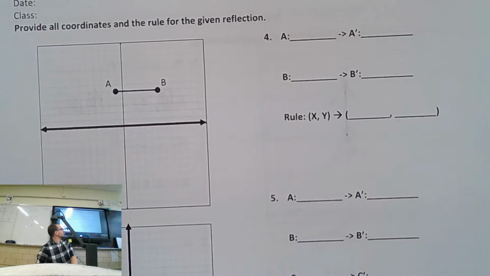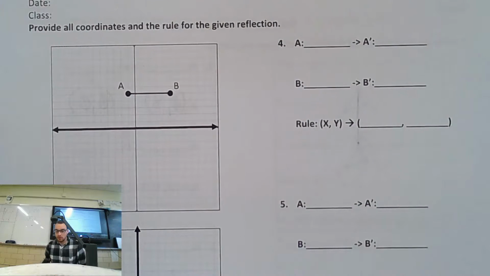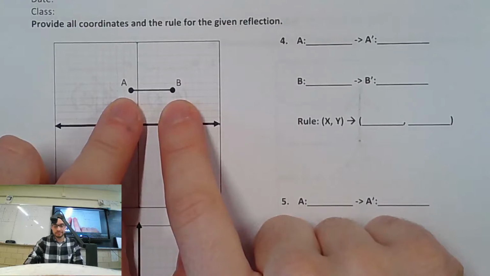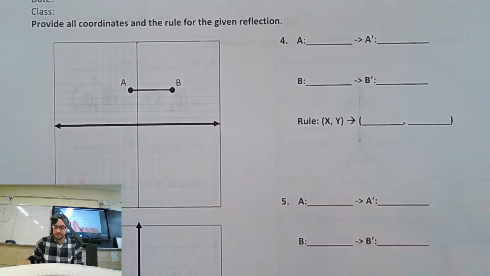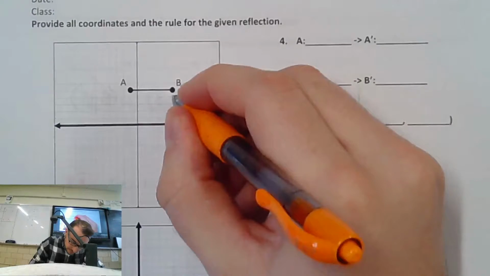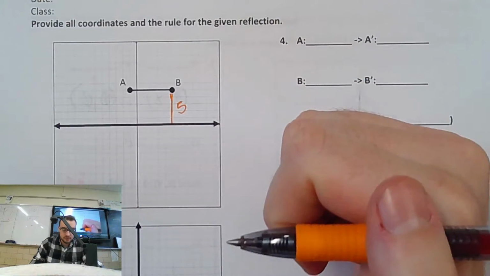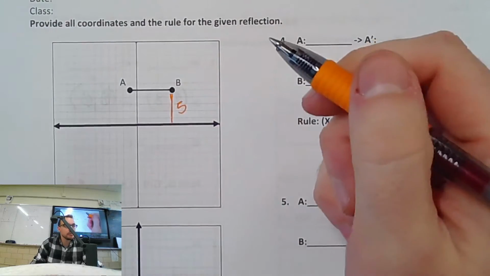Let's take a gander at number 4. We're reflecting this guy. Now, you know as well as I know, when I look in the mirror, mirror me is just as far away from the mirror as I am. If I move close to the mirror, mirror me moves closer, and vice versa, right? So, here's me. I'm a line segment. And here's the mirror. The line segment is 5 away from the mirror, yeah? So it's going to be 5 away on the other side.